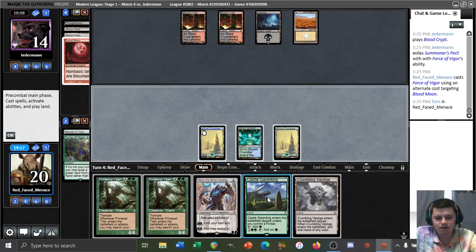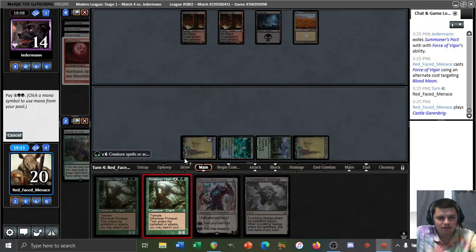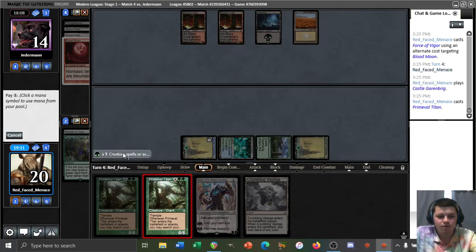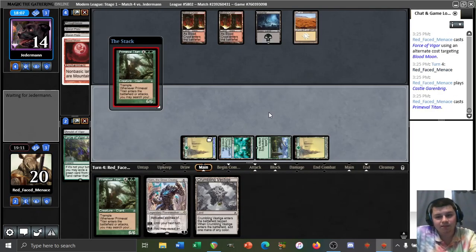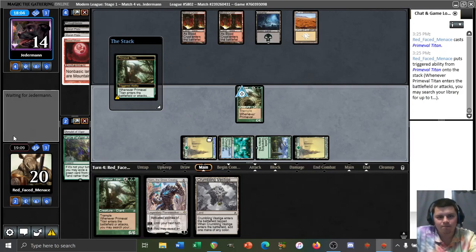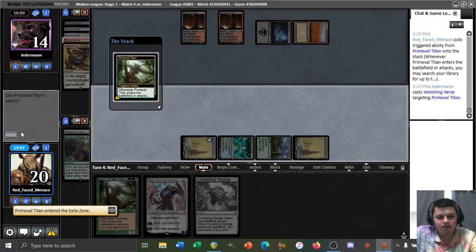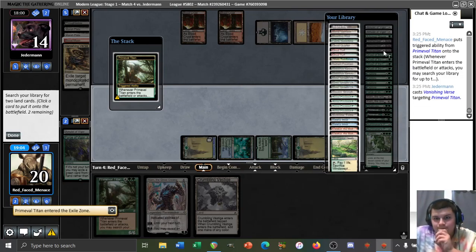Of course, we're playing Castle into Titan here. Play Titan early and often. This will set up some more basic lands if we want them. That might be the best play, to be honest. So we can't get punked out by something crazy. Vanishing Verse to exile this, that's fine. Search. I like getting one extra basic land in case our opponent has...